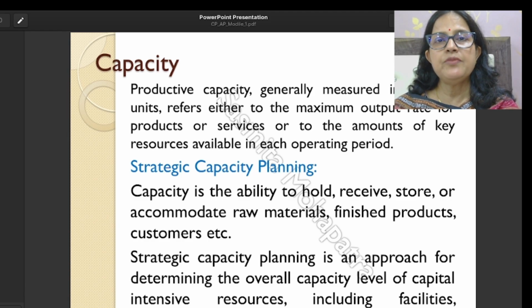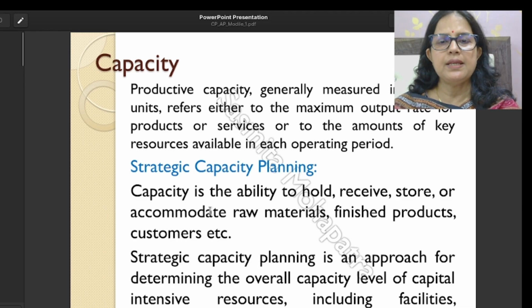In the same way, if you are selecting the manufacturing sector, we also ask what is the capacity of the plant? What is the ability of the plant to produce? That is the capacity of the plant. How many units is that plant able to produce, maybe per day, per week or per month? So we always measure the capacity in physical units.